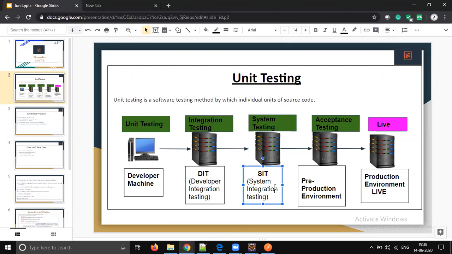That might be a pre-production environment, where we will do acceptance testing, like performance, how the responses are, and some crucial test scenarios. We will do it in pre-production, and if the pre-production testing is a success, then the code will be deployed in production.